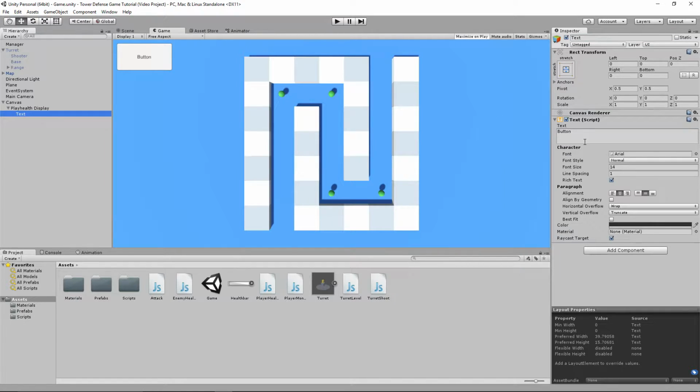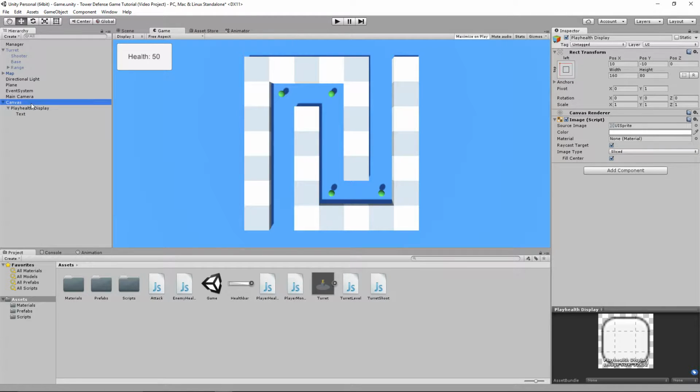And then we're going to go to this text, take out where it says button, and put in health. And then we're going to put in any old number, because this will be changed in script when we actually modify all of this. So whatever we put here actually doesn't matter at all. So we're going to go to font size and change it to, I guess, 20, which should fit better. It should be bigger for what we're trying to work with here. And now that we have that, everything should be good for the player